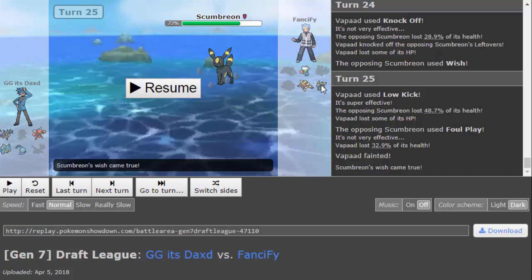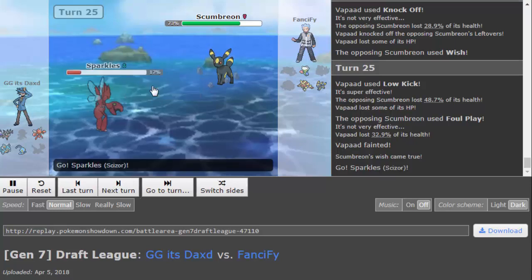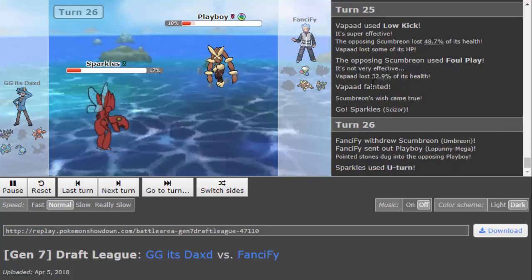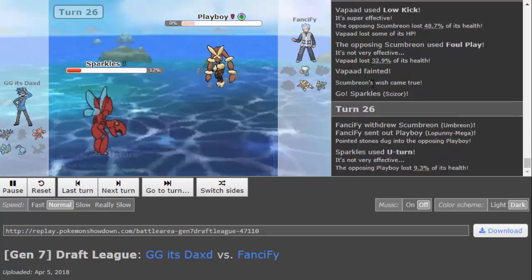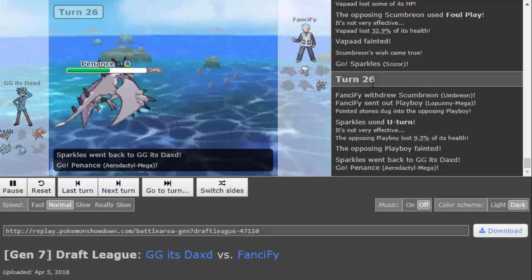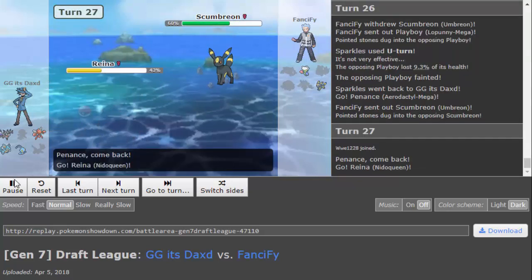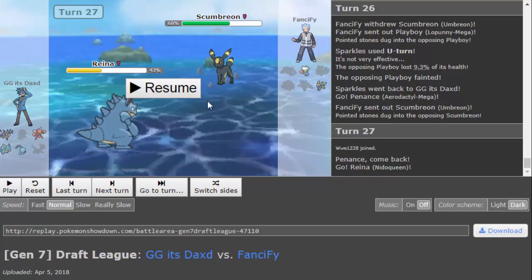So yeah, Weavile just goes down without any kills yet again. And then I can bring in Sparkles, thankfully, because Amon just dropped. Free U-turn, and down goes Lopunny, and Arrow. What I did, I went Arrow here because if he went Roserade, he could kill, I was assuming, right, because